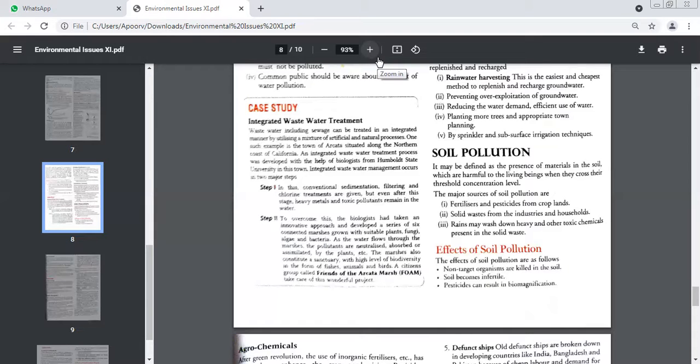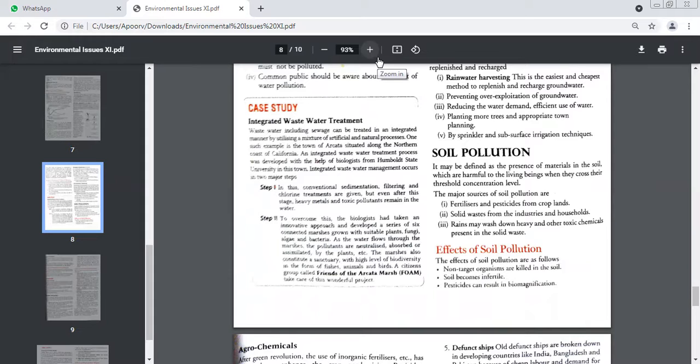So after these three techniques, most of the pollutants are separated, except for what is still left? Heavy metals and toxic pollutants. So we move on to the natural technique, that is passing them through how many marshes? Six marshes, all connected to each other. Why are they connected? So that water can flow from one marsh to the other. If it is not absorbed in the first one, it will get absorbed in the second one. If it doesn't happen in the second one, it will happen in the third one.